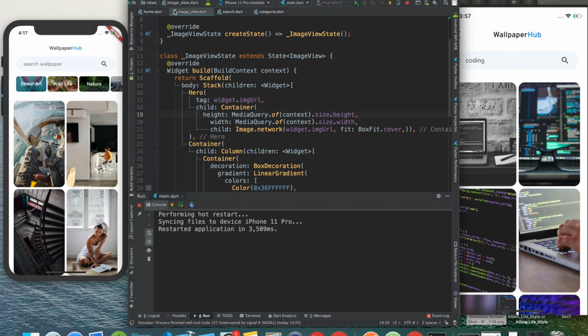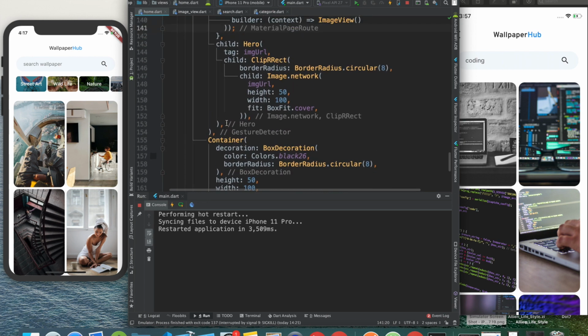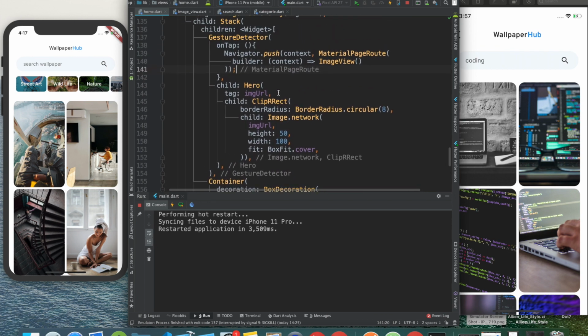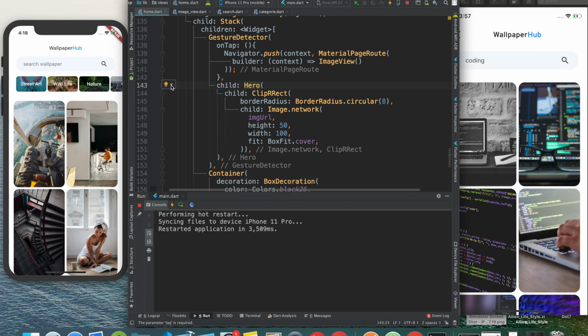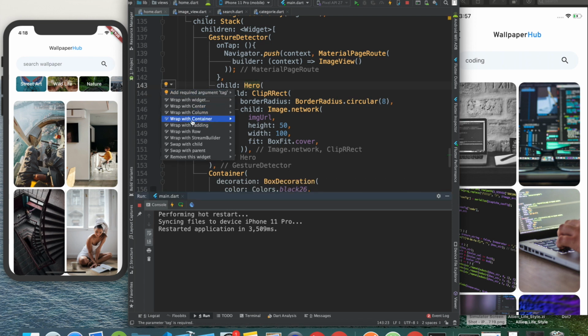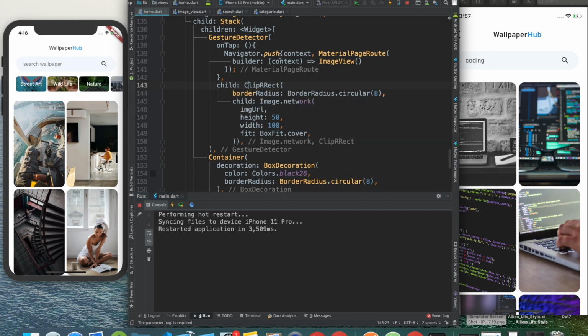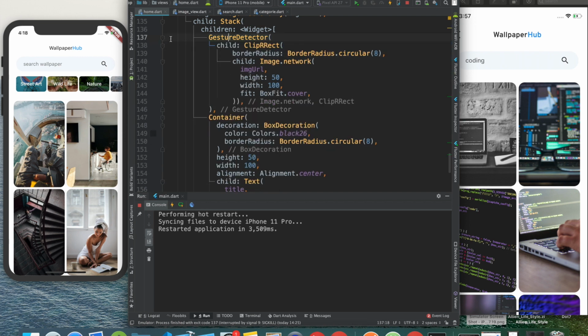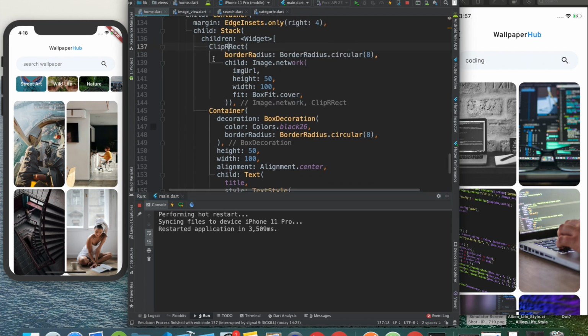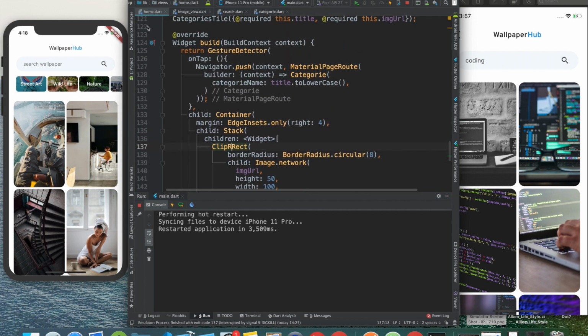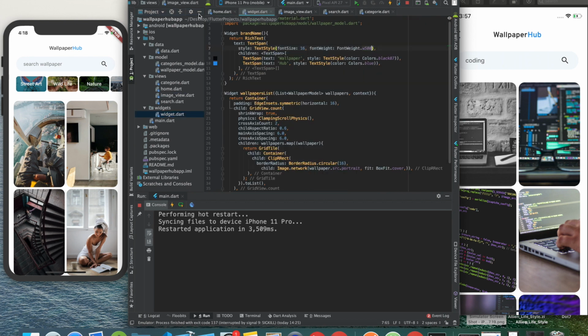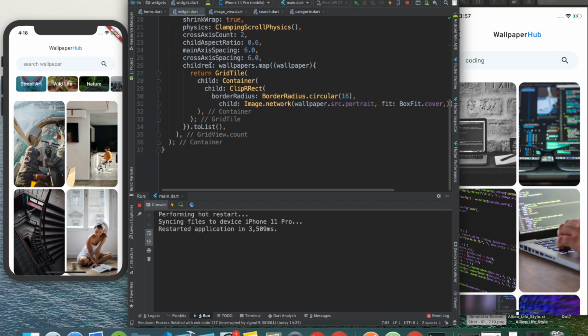The click thing is not working. Why is that? Well, I have provided the, oh my god, how awesome I am, eh? I have provided the Hero to this categories, so I'm just going to get rid of that, remove this widget. We also have this thing which we don't want, so let me just get rid of that. I have provided this at the wrong place, guys, sorry for this. We actually want to go inside the widget, GridTile, actually in the container,